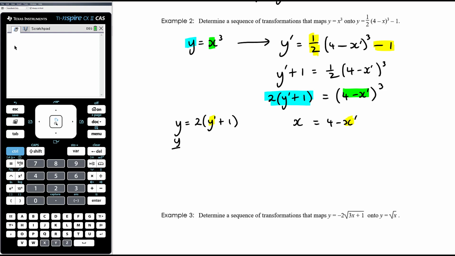So I'm going to halve y on 2 equals y dash plus 1 and take away 1. So y on 2 take away 1. Or that could also be written as half, so it could also be written as y minus 2 all over 2. Okay, and you're going to describe a slightly different sequence depending on which of those you use, but both will